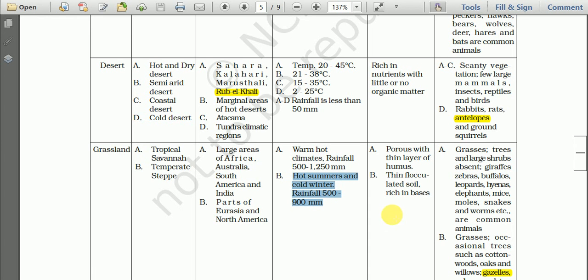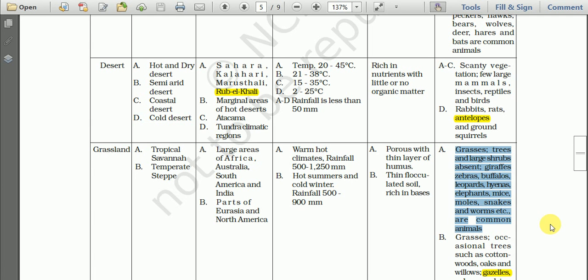900 millimeters. About the soil condition, porous with a thin layer of humus. The soil is porous, that means water can be absorbed very easily, and it has a very thin layer of humus, that is organic matter, and thin flocculated soil rich in the bases. That is for the temperate. Then about the plants and animals, for the tropical savanna, grasses, then trees and large shrubs, important animals,